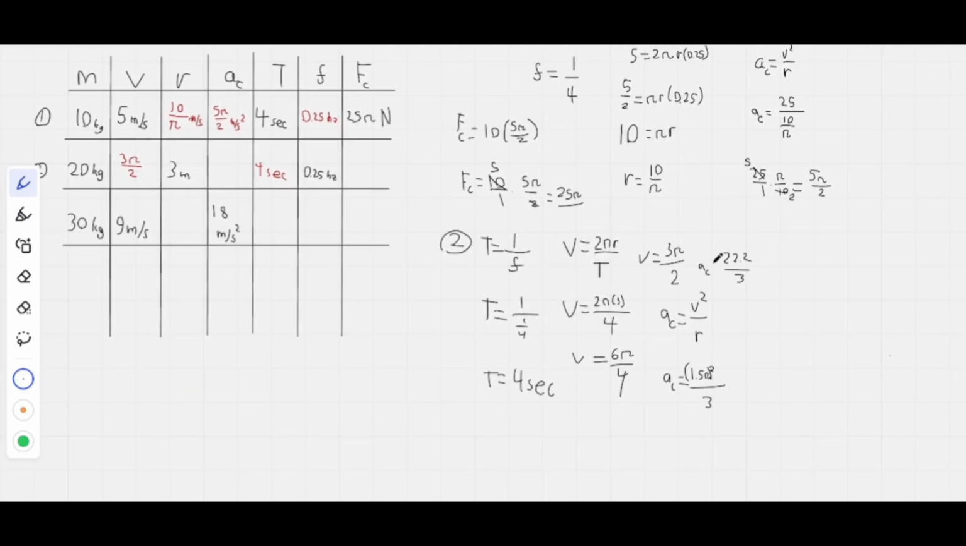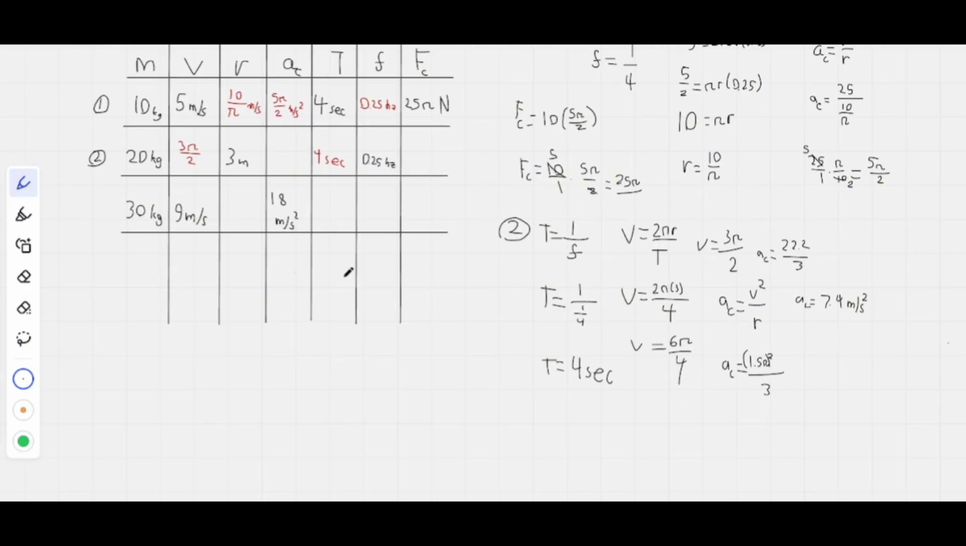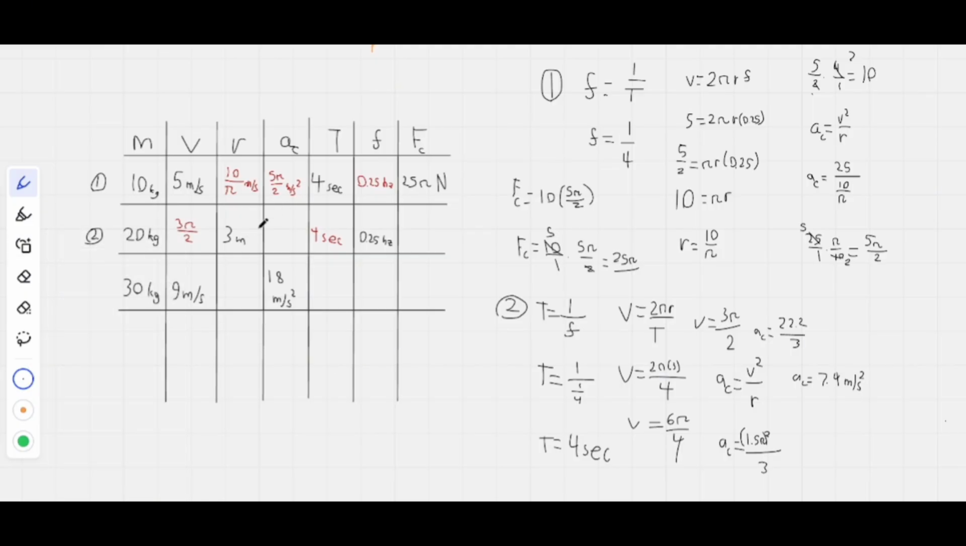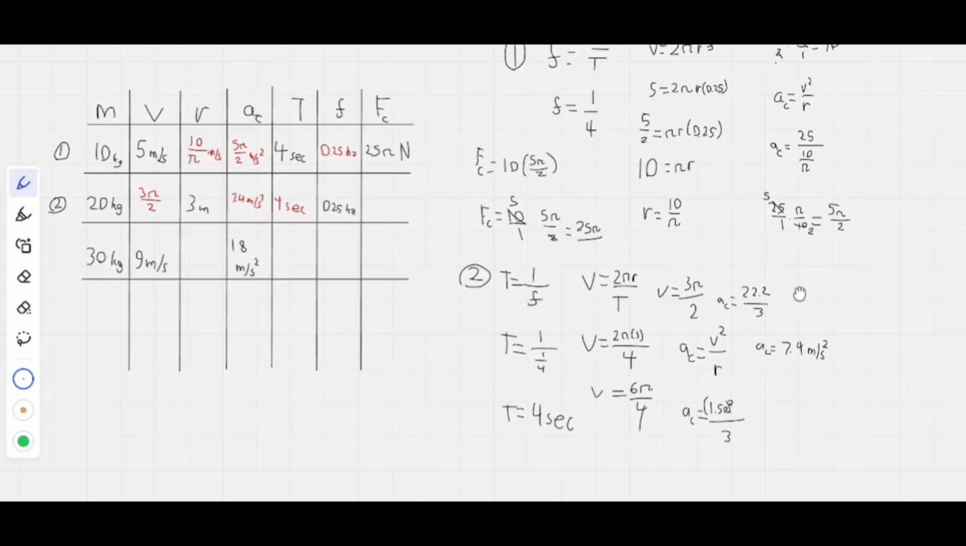And our AC is equal to, after you divide those, 7.4 meters per second squared. Remember not to forget your units, and we can fill in that blank in our graph. So 7.4 meters per second squared. And now